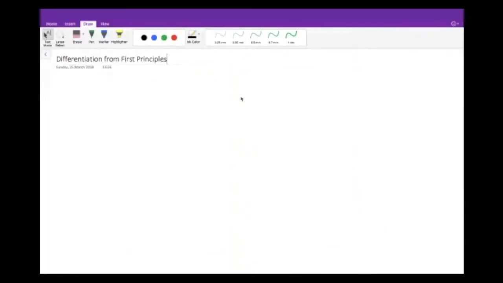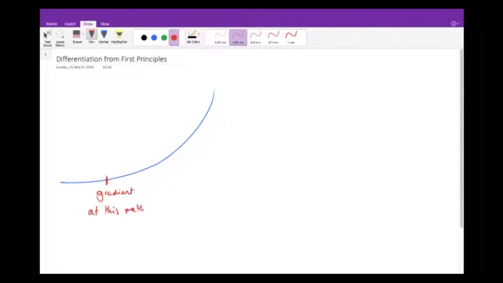Okay, so let's imagine we have a function. Let's go for a nice quadratic function here. And in whatever method I use, I want to find the gradient here. So I want to know the gradient at this point. Well, my method in the past for finding the gradient of straight lines is if I take 2 points and I